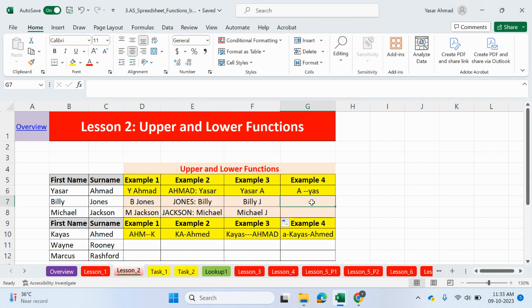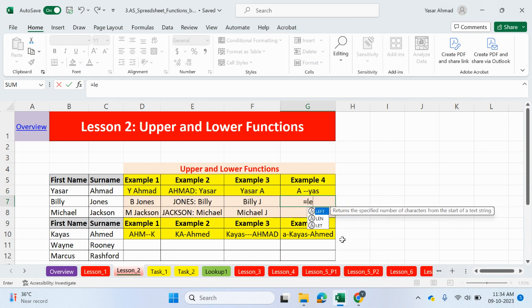There we go. Right, so what we need to do now is we're going to extract the first letter, have a dash, 2 dashes, and then the first 3 characters of the first name, but all in lowercase. So you can see it's lowercase Yas. So let's get the first letter of the surname. So Jones. So let's go left. It's already in capital letters, so I don't need to do anything to that one. I'll do it up here, guys, so you can see a bit better what I'm doing. That's the first letter. And then if I type in and, speech marks, space, 2 dashes, close the speech mark,